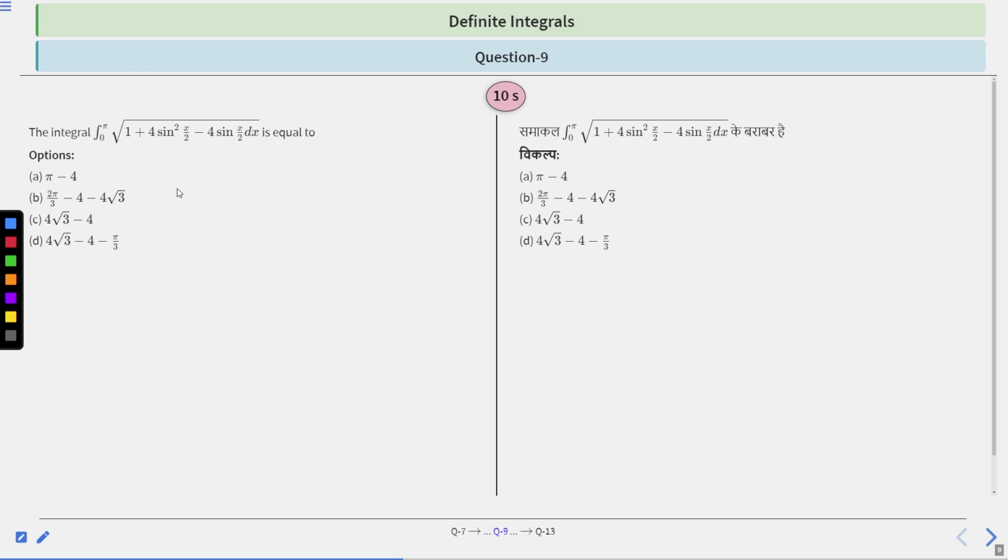See, again the question is looking very large, right? So you can simplify the question by using certain transformations or formulas, and after that you can apply a basic rule of definite integration: the integral from 0 to pi of f(x) dx, suppose this is f(x), can be written as the integral from 0 to pi of f(pi minus x) dx. So in this way you can approach this question. Now you have 10 seconds to solve or think about this question. After 10 seconds we will discuss the solution.